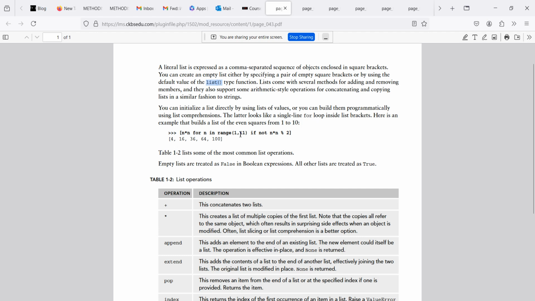For you to get the numbers from maybe 1 to 10, instead of creating a number list like here, I can say numbers and assign numbers to 1,